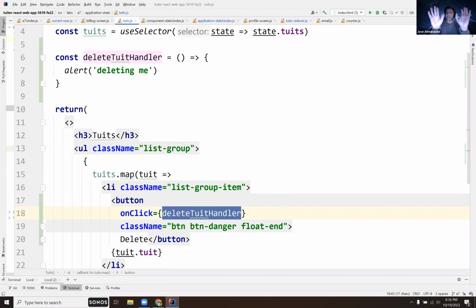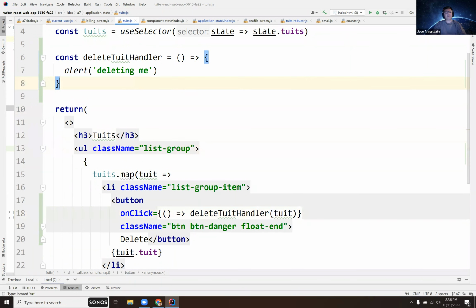So if you're not passing any arguments, then this is fine, right? It will be invoked later when the onClick gets invoked, right? But if you put a call there, it'll be invoked infinitely. So careful, right? If you're going to pass an argument, you need to wrap this inside of a function. Okay, and then here we can pass maybe the actual tweet,